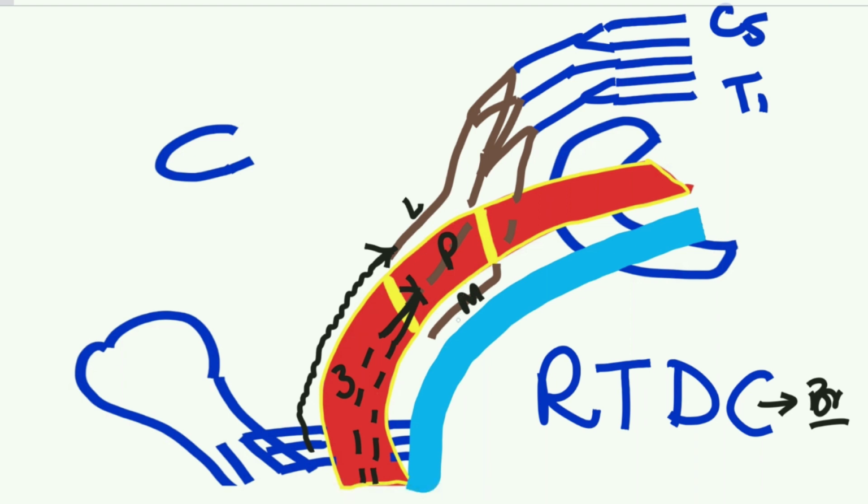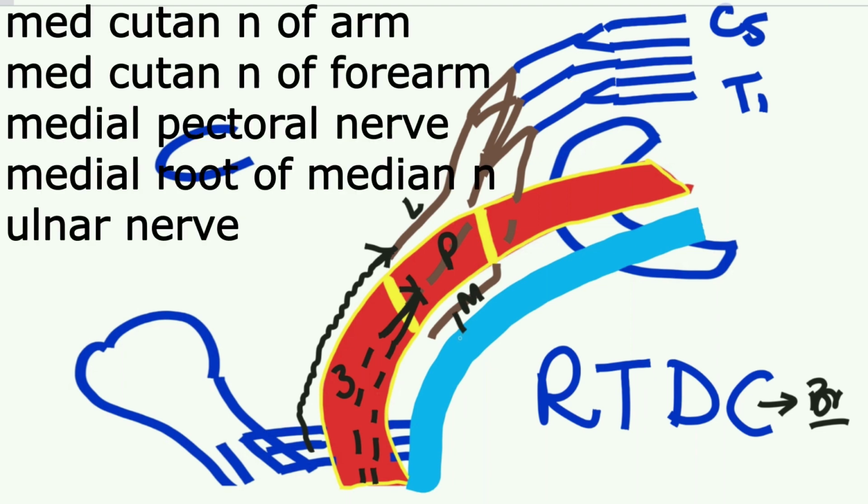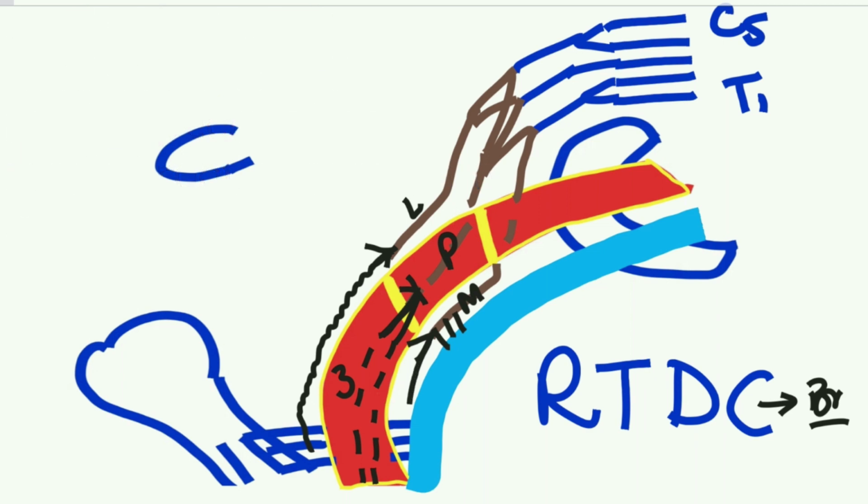Likewise, the branches of the medial cord are the medial cutaneous nerve of the arm, medial cutaneous nerve of the forearm, medial pectoral nerve, ulnar nerve, and medial root of the median nerve. Among these branches, the ulnar nerve will accompany further, will move towards the arm, and it will be present over the medial aspect of the third part of the axillary artery. So in this way, you will get some data that you will write in your exams. This is better than cramming data, as at least you remember some things with the help of the concept.